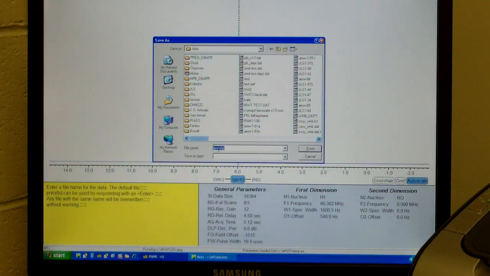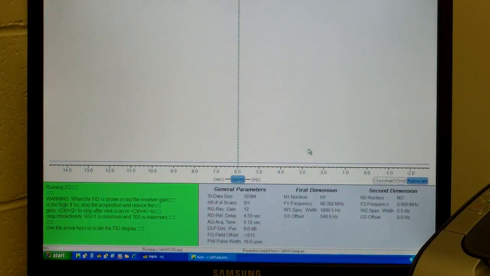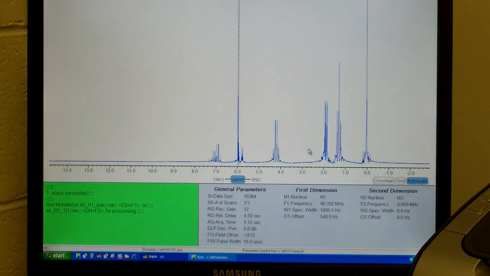Every student who uses it will just overwrite the default file. So you can hit save, and it will run the NMR spectrum. We're only taking one scan, so we'll see the scan come up. Here's a crude version of the spectrum that we'll see,